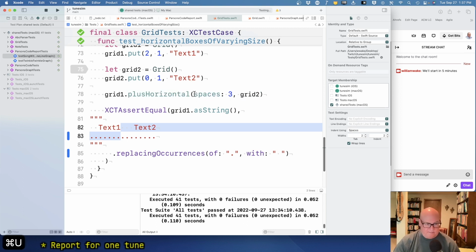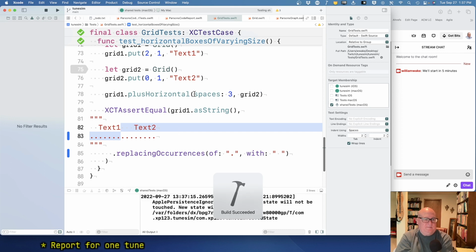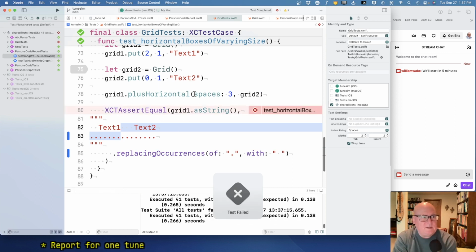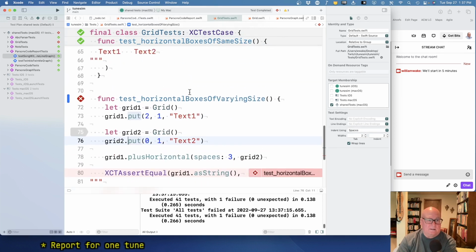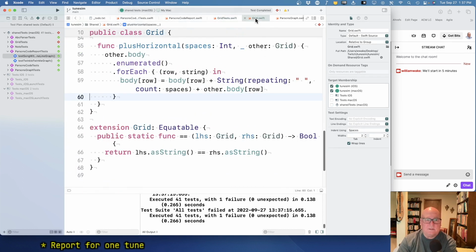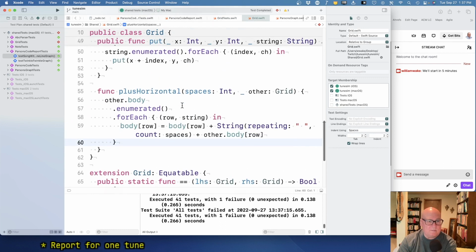This should fail. Okay. Right. It trimmed out. It kept the 3 spaces, but it didn't try and fill in the width of the corresponding text. Okay. I don't know if this is getting too hard for this thing, but let's let